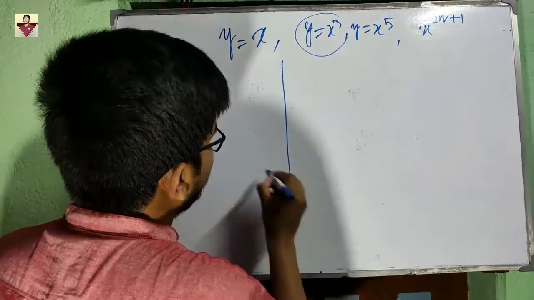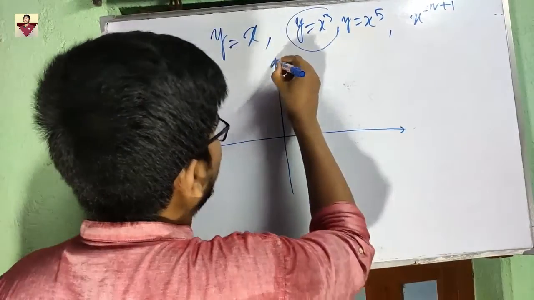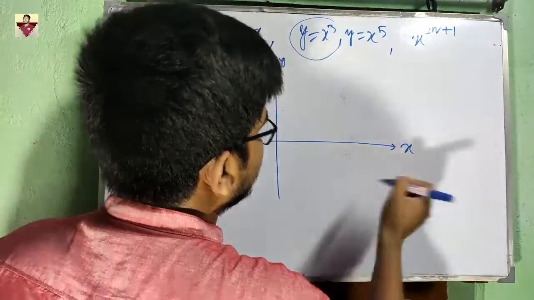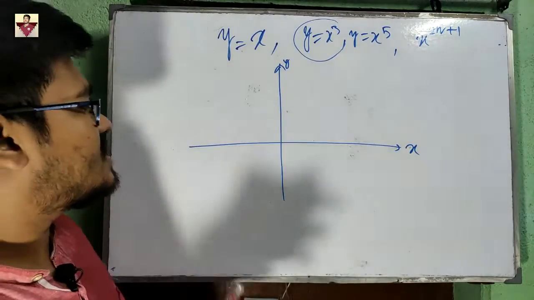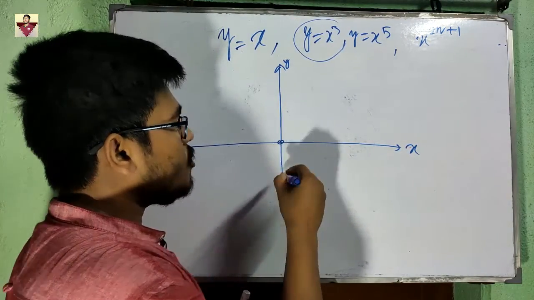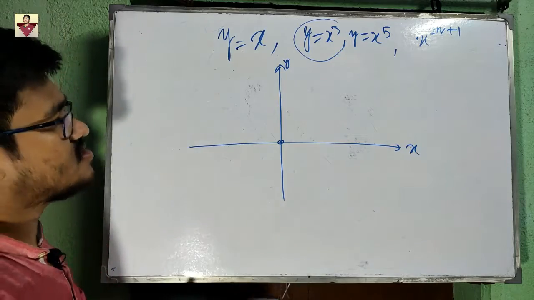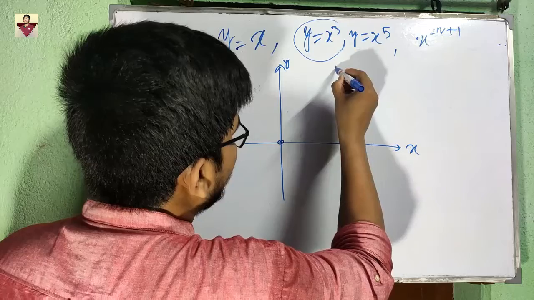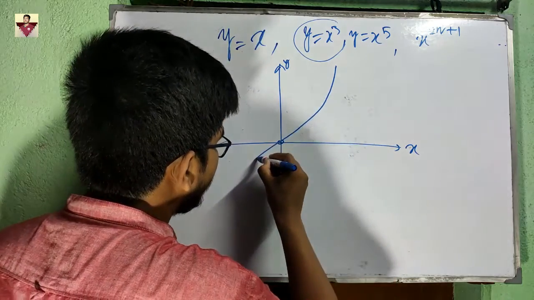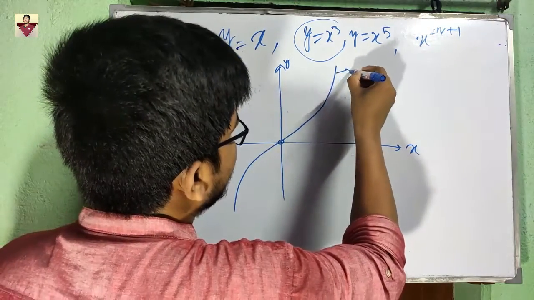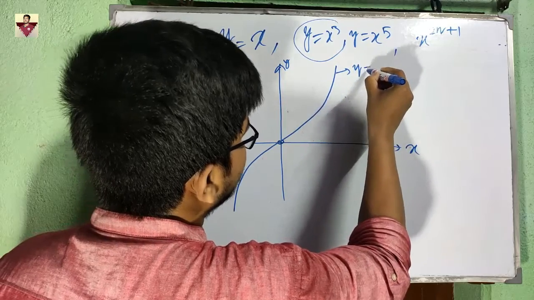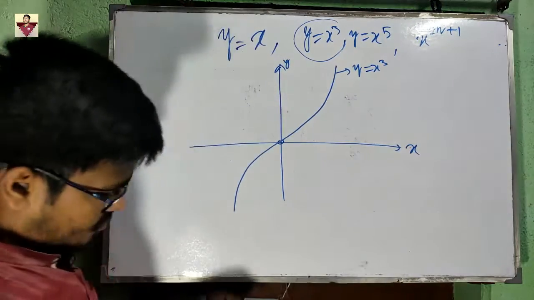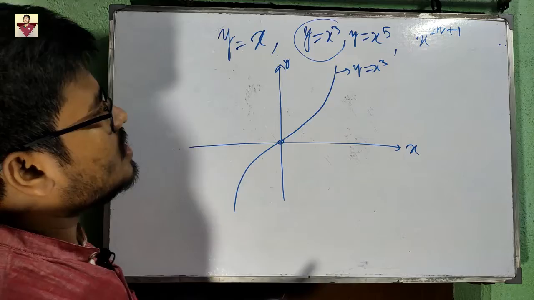So now if you plot, all these functions are odd functions. So this odd function will be symmetrical about the origin on opposite coordinates. So how the function will be like this? So the function will be like this. So if this is the function for y equal to x cube,